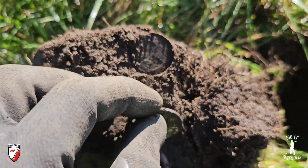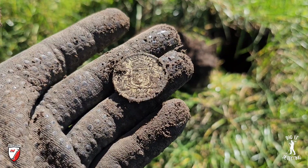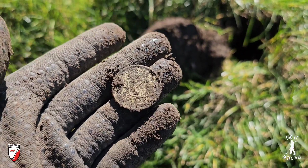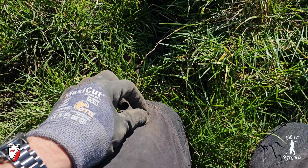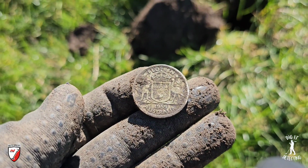1959. Not a Gothic florin. Oh, that is awesome. I tell you what, we were just saying there before to Darren, not too many silvers or not too many coins in general have come out from this site, and I've only found a silver coin thus far, that being a little sixpence. So look out, we've got our second silver, that being the Big Daddy, 1959, a cracker florin,